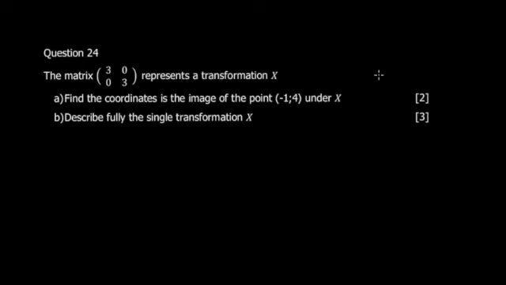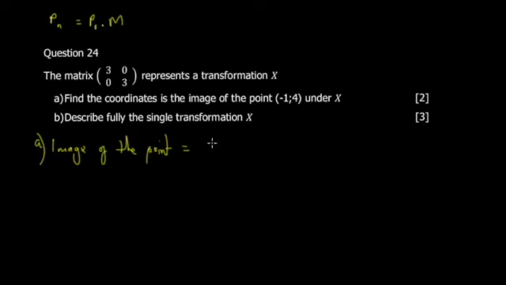So the matrix thus represents a transformation X. And in the A part, you're asked to find the image of a point under the transformation. Okay, the new point would be equal to, you take the old point first, then you multiply by the matrix. So the new point, you can say image as well. So you say image of the point is equal to,